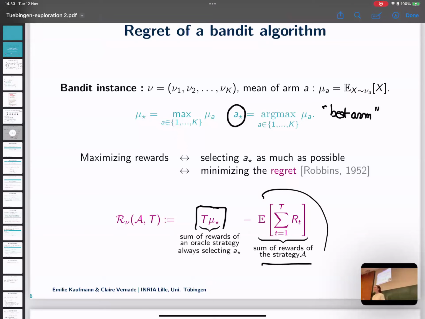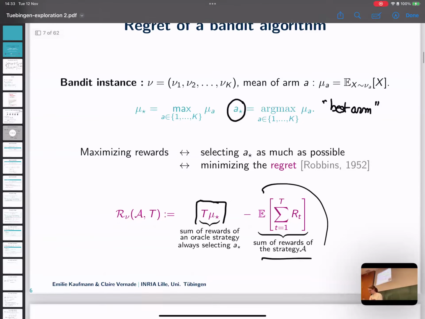This is just a renormalization, if you will. You can maximize as much as you want, you'll never do better than that. So now, instead of just measuring how much reward we gain, we can actually measure how fast we get to optimal. I'm going to make this precise, and we're going to see why this is the case.